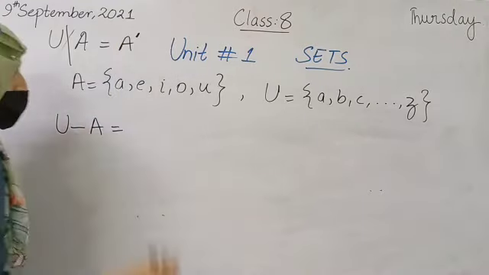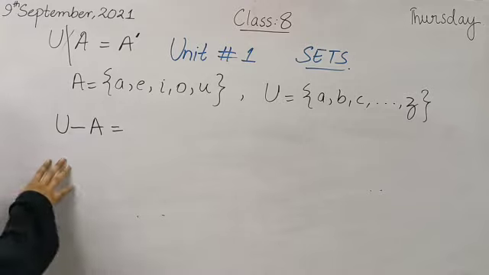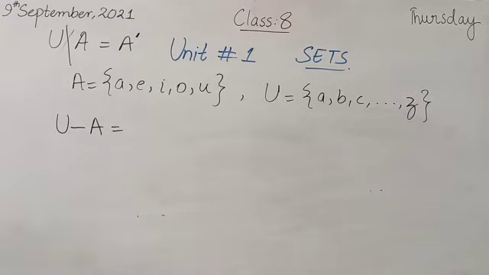There is a small bar in the superscript, that is the sign of complement, and we write it as A complement. Okay? So the complement of A is the difference of universal set with the given set. And in the complement of a set, A complement is the set which contains all those elements of universal set which are not elements of set A. Okay? So U minus A, the process will remain same.